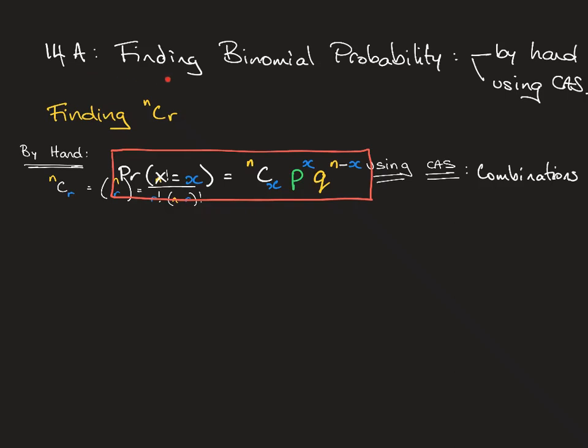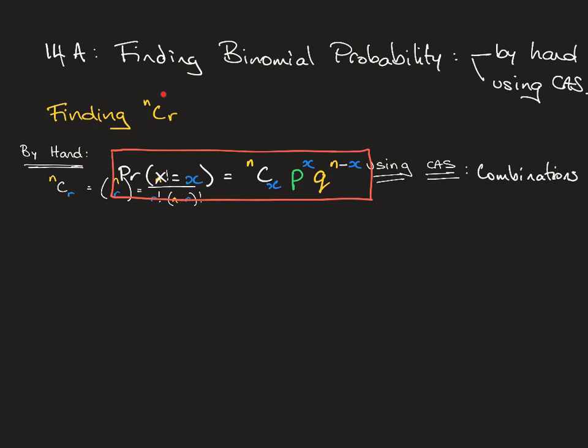In this video we're going to look at finding binomial probability, and I'm going to show you how to do it by hand in case you have to do it in exam 1 and also using your CAS for exam 2. So if we're going to find binomial probability, we need to be able to find this NCR value